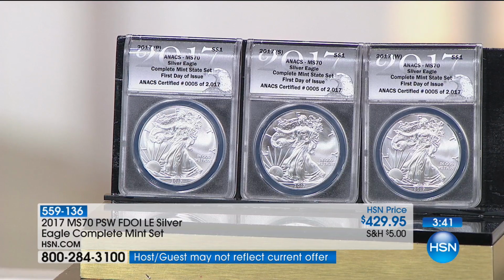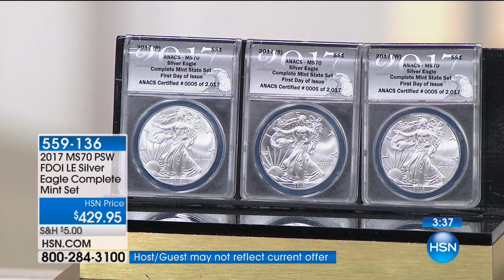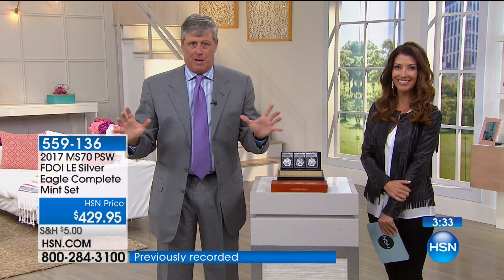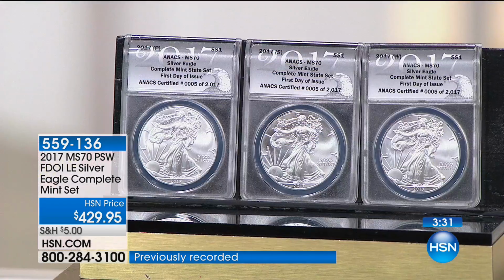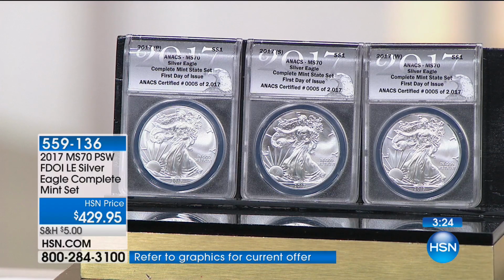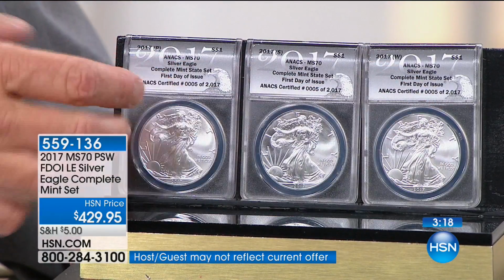Well, I'm here to tell the United States Mint something. It really does matter what mint they were made at. They are not homogeneous in any way, shape, or form. They are different, they are significant, they are collectible, and the mint that they are made at is extraordinarily and exceptionally important. And the only way for you to distinguish that and collect that and own that desirability is coins